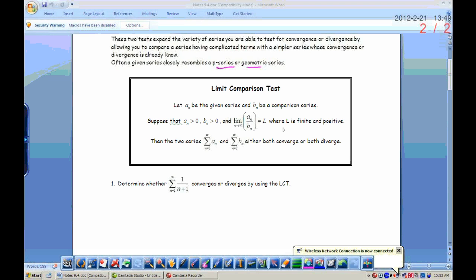1 over n, right. Basically, the idea is to just get rid of all the extra fluff that's in that series, like all the extra constants and extraneous exponents or just any kind of extra fluff, and just get it down to a simple p-series. So what we're going to do is compare it to, and you need to write what you're going to compare it to,